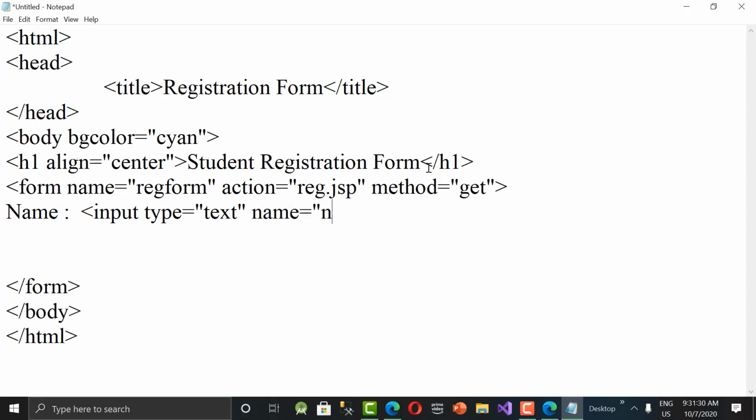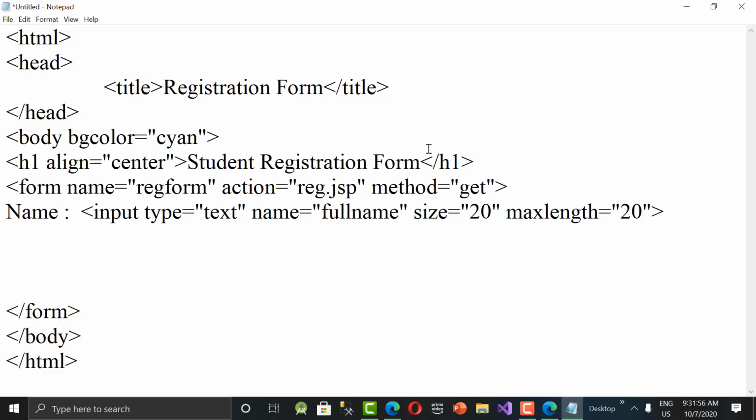I said name itself, or full name. Let us say full name. Full name is the name that I wanted to refer in my coding. If I want to refer this, I should use what? Full name. And then size is equal to 20. Max length is also 20.